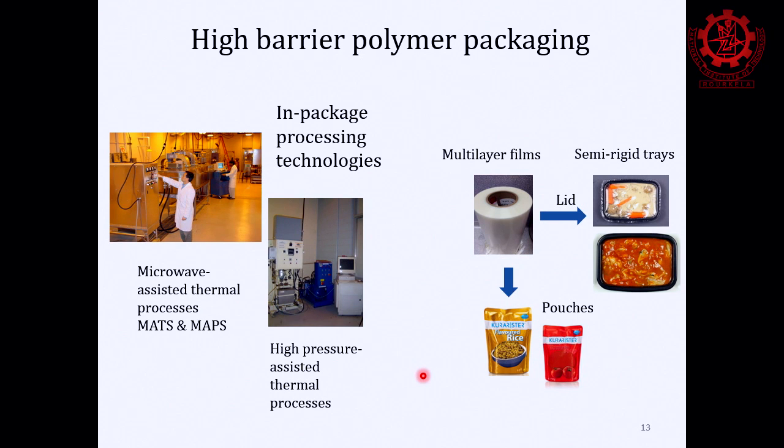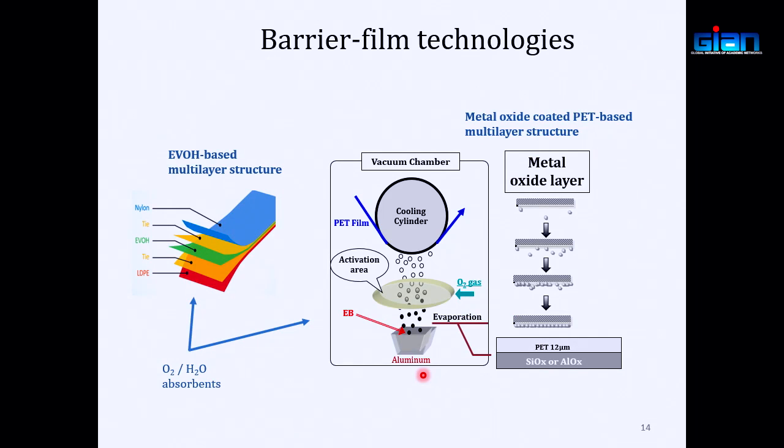So now I'm going to talk a little bit about polymer packaging, because polymer packaging is also being used a lot with packaging our different food products, including high pressure processing technology as well as microwave-based technology. And in terms of the advances in polymer packaging, now industry has started combining the different polymers and making a multi-layer structure. As you can see here, different films, so these films are made of polymer, can provide you different